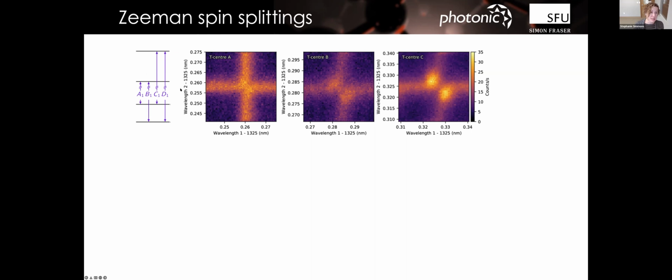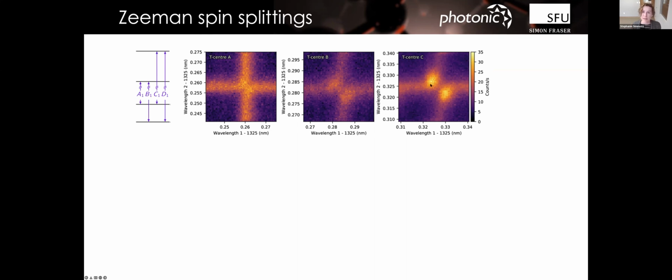For other centers, it's quite the opposite. The C and the B transitions have different splittings. So if you're only driving, say, the B transition, it actually hyperpolarizes very efficiently into the other ground spin state. That was one of our initialization and readout techniques that we used to measure the spin coherence time optically in the ensemble. So you make use of this hyperpolarization capability to initialize and even, in a more complicated way, to read out. But yes, these are three different centers, three different orientations relative to a constant magnetic field.